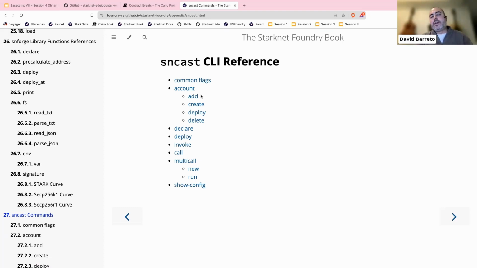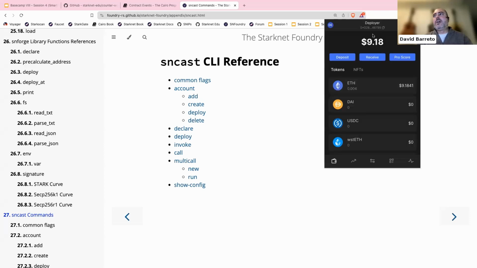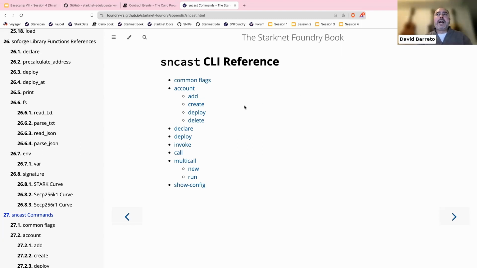That is my preferred way, because that way you can actually keep track easier of how much money you have left. And it's nice just to be able to connect a regular wallet with your CLI. One thing to keep in mind is that right now, SNCast only supports smart wallets written in Cairo 0, not in Cairo 1 yet. That means that you cannot use Argent X at the moment, because Argent X is actually using